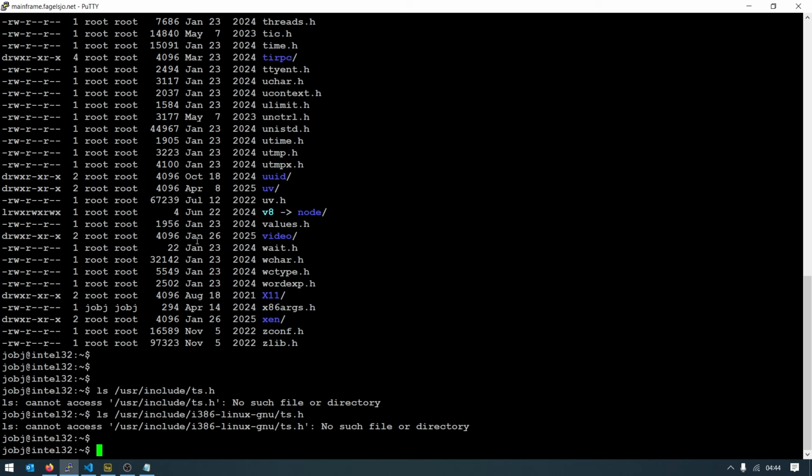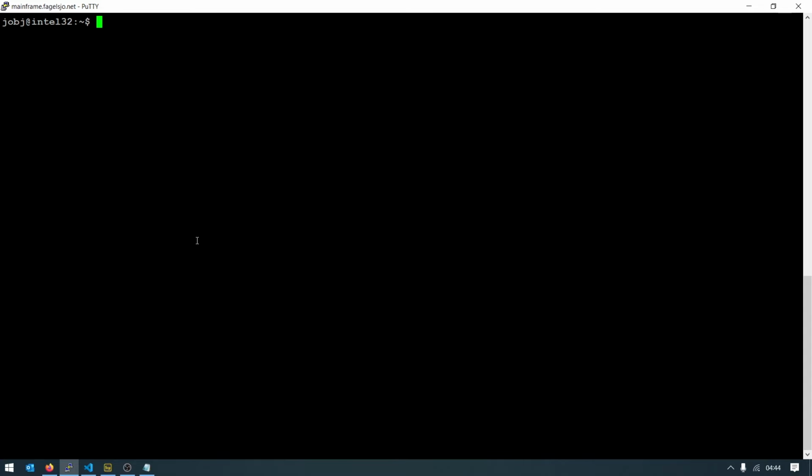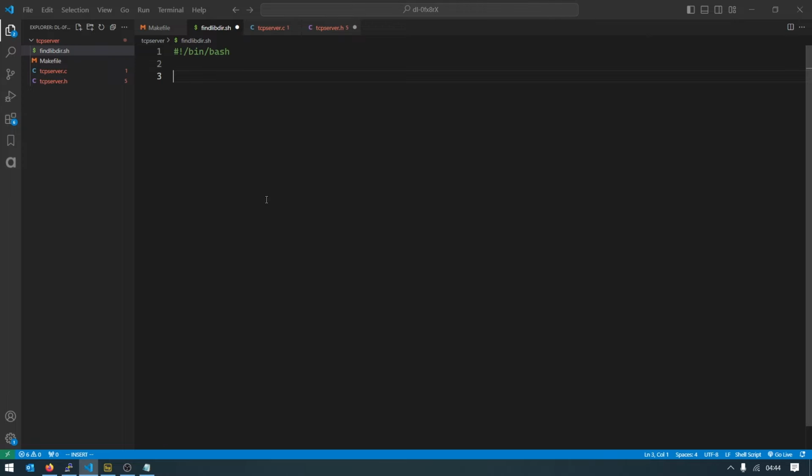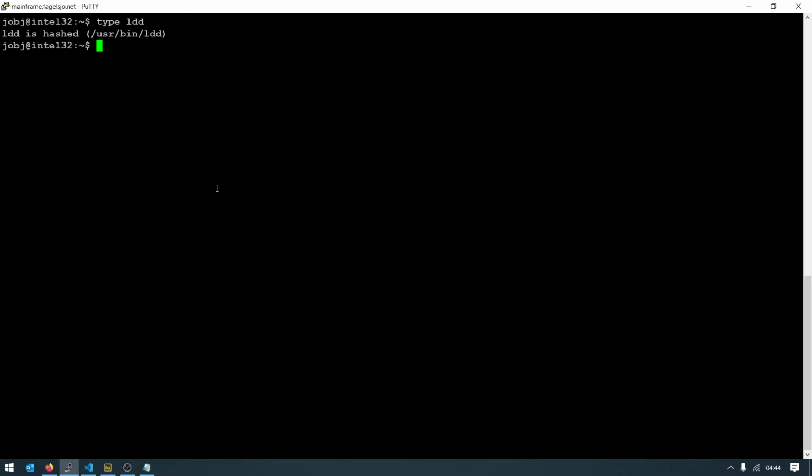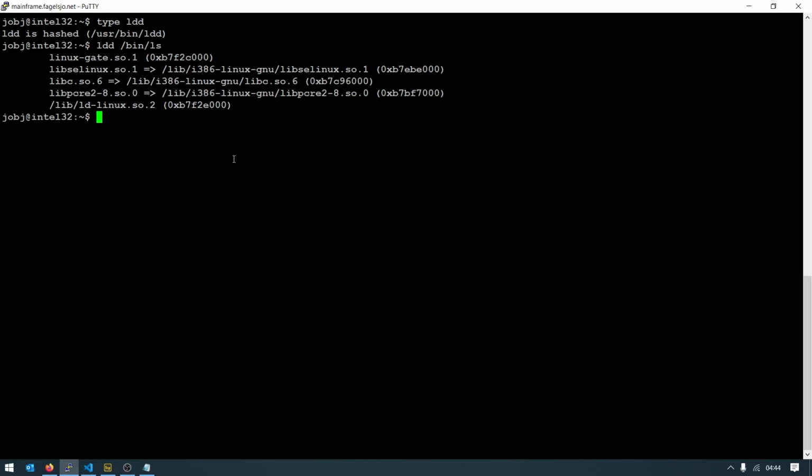And I'm going to use the same trick as I did. So first of all, let's see where LD is located. So I'm going to run type LDD. So user bin LDD. And if we run it on bin ls,